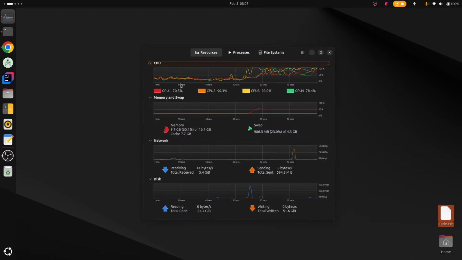It is a 10-year-old laptop with Intel Core i5 6th generation. We have 4 threads, no graphics card, and only 16 GB memory, and by default 4 GB swap. So as we can all see, most of this task is basically relying on the CPU,